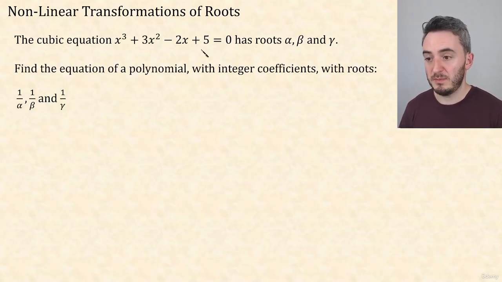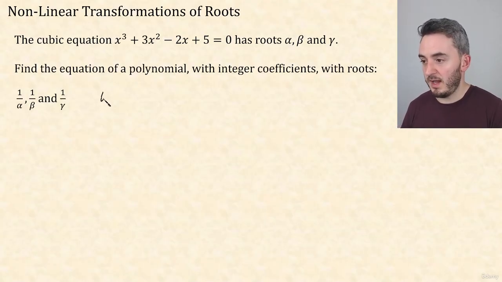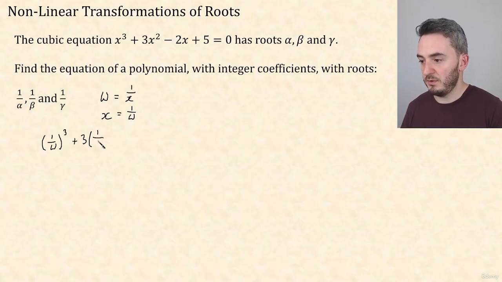Find the equation of a polynomial with integer coefficients with the roots 1 over alpha, 1 over beta, 1 over gamma. So once again, we just state the relationship, which is that our new roots w are 1 divided by our x roots. Well, if we just rearrange this, we get x equals 1 over w. And into this equation, we sub that. So we've got 1 over w cubed plus 3 times 1 over w squared minus 2 times 1 over w